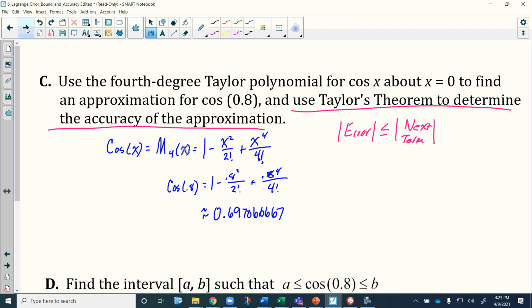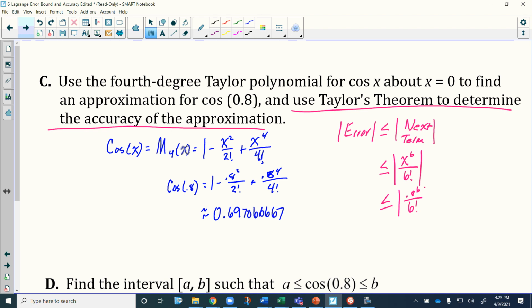So here we're going to say it has to be less than or equal to the absolute value of x to the 6th power over 6 factorial, because in this case we do have a minus sign in front of the term. And I'm going to say absolute value of 0.8 to the 6th power